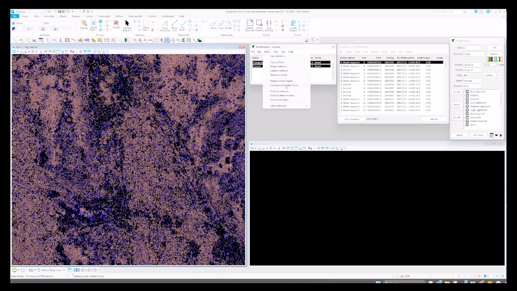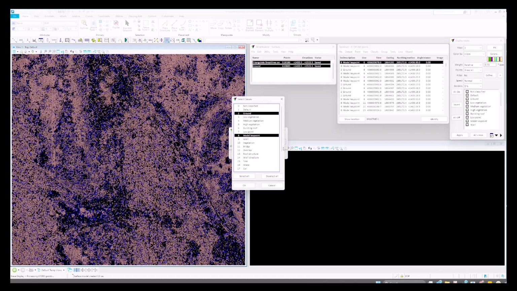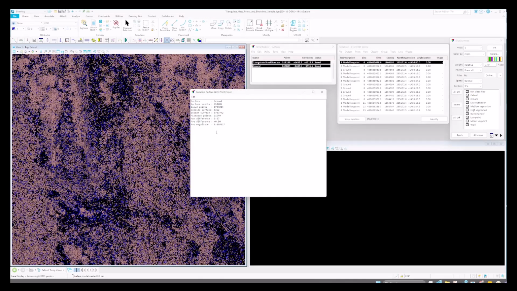The other new tool that was created is the ability to compare our surfaces with our point cloud. So first, looking at the model key points that were created and comparing those to our full ground class, which is 2 and 8, we can see the statistics on that comparison between them. We can see we have an average mismatch from our full point cloud of almost 400ths,